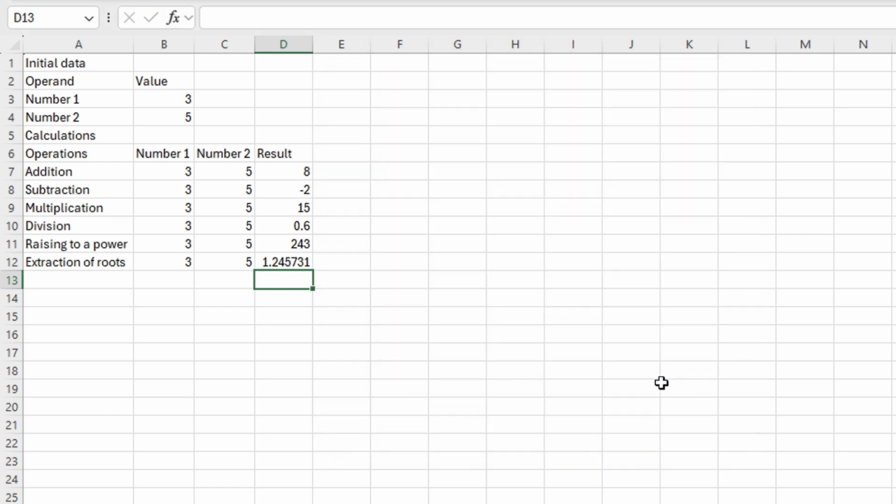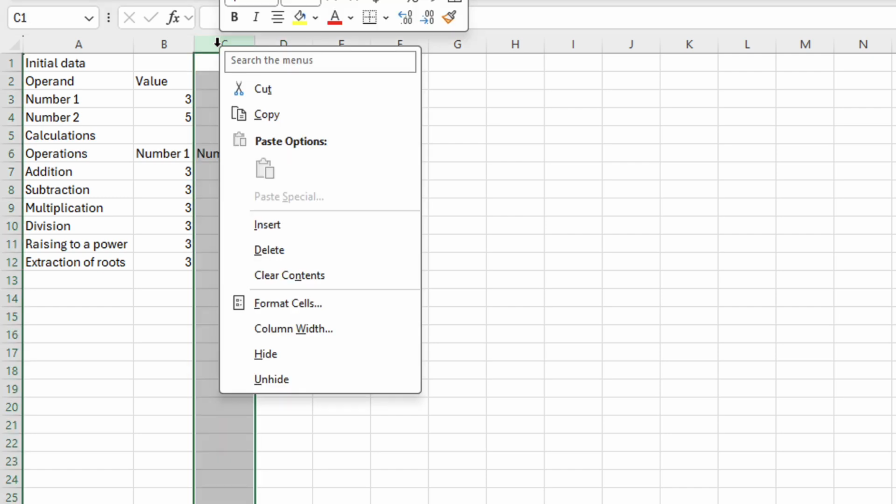First, let's simplify our table. We will remove 2 columns with operands in the calculation block, as it makes more sense to take this data from the initial data block. We can completely delete column C. To do this, we will call the context menu by right-clicking on the column C tab and selecting the delete